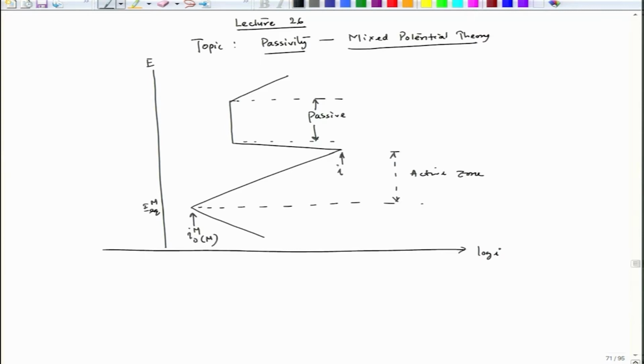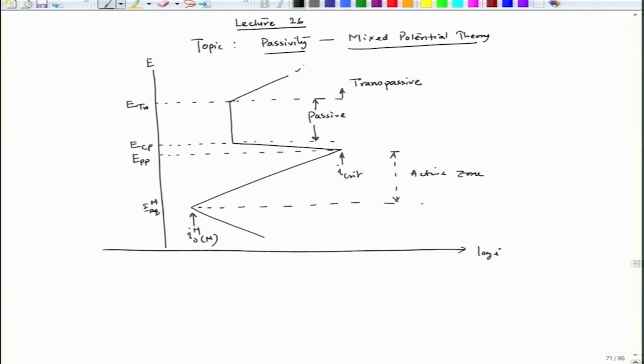This is I critical, and corresponding potential is EPP. We have ECP, which is complete polarization, then we have E trans. Okay. So, this is transpassive region. So, this particular region we call it transpassive,